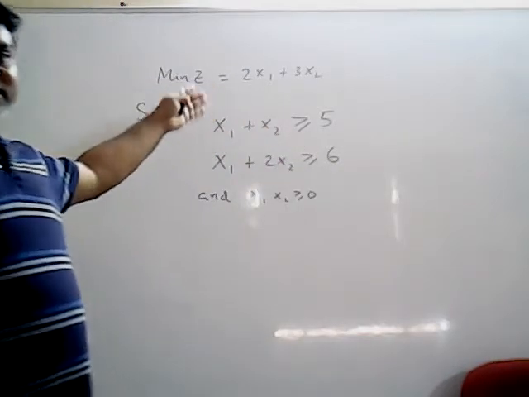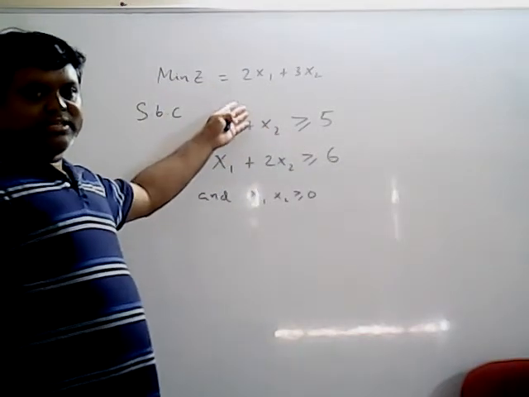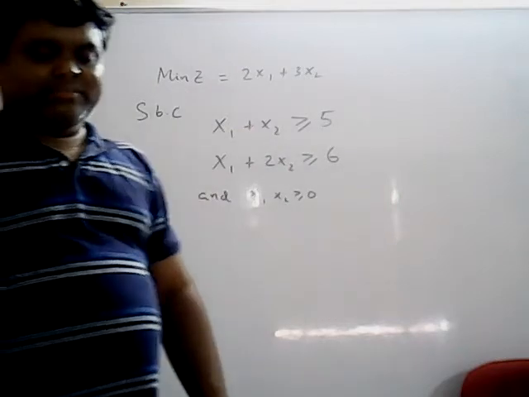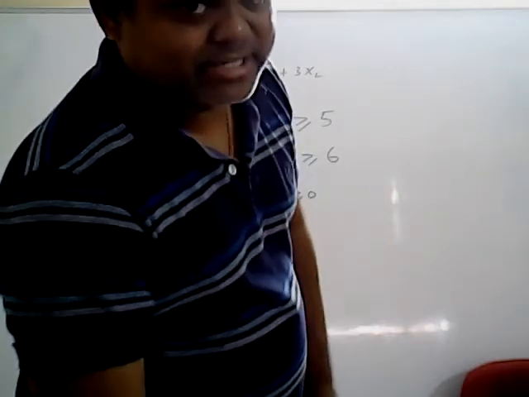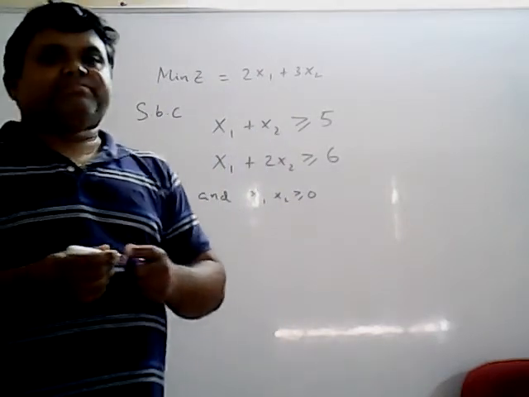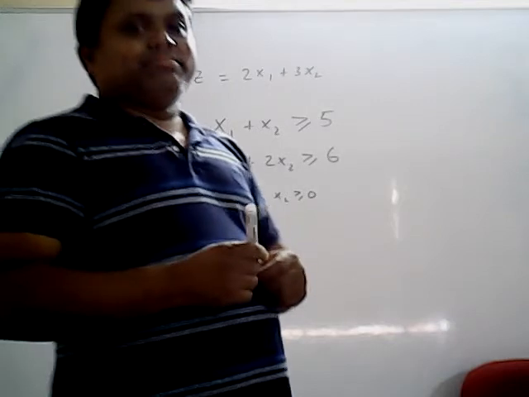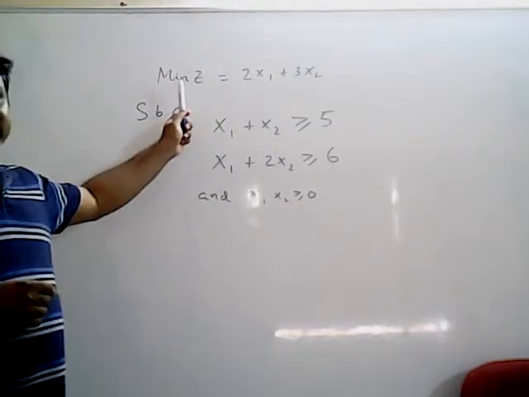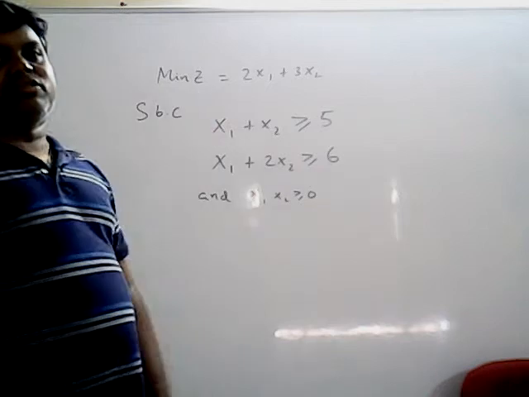So first we are discussing the big M method. I will apply the big M method to this LPP. For applying the big M method also, the procedure is the same as the simplex method. A little bit of difference is there, I will tell you the difference. So step number 1, in the big M method or simplex method or two-phase method, whatever it may be, is to check whether your objective function is maximization or minimization.